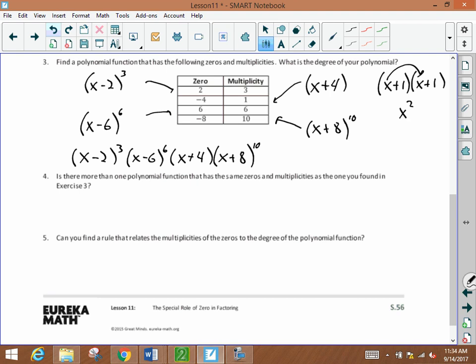So if I had another one, I would wind up with an x cubed, right? So if I added on an x plus 1 to this, I would wind up with an x cubed, because I would have an x times x times x. So it makes sense that I could just add up all of these exponents, right? So 6 plus 10 plus 1 plus 3. So my degree should be